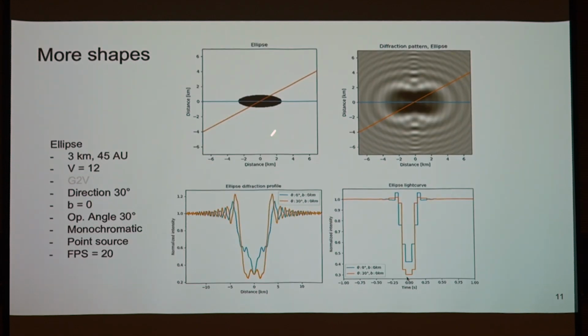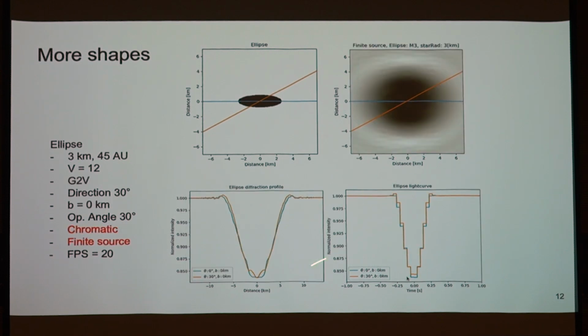And what if we go to an ellipsoid object? We will get this diffraction pattern and this light curve from the ellipse. If we change the reading direction, we will have a completely different profile. But if we change to the finite source, we will mix everything. So we won't know anything about the shape because we wash out